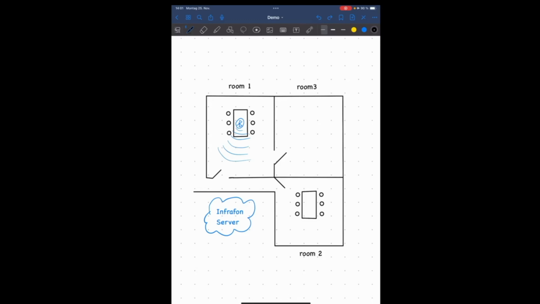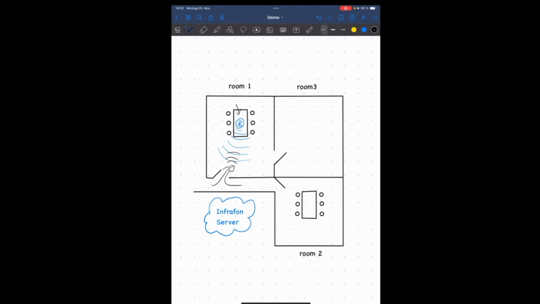Imagine we are inside a building. I've sketched out a few rooms where we plan to place beacons. Each room requiring regular cleaning will have a beacon installed. When a member of the cleaning staff walks past the room with an Infrafon device, the device will detect the beacon's proximity and send this information to the Infrafon server. The server processes the data and sends a message back to the device, asking the staff member if they could incorporate this room into their schedule, as it has recently been marked for cleaning by a booking system, a sensor,